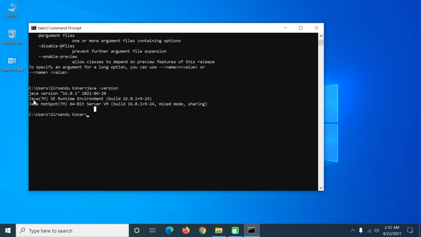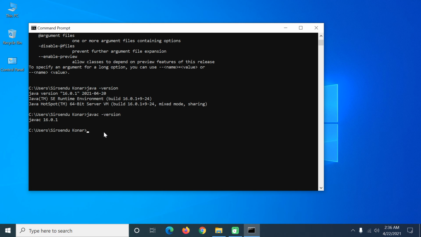Also you can see that with the Java JDK installation, the Java Runtime Environment, which is JRE, is automatically installed with the same version, so you don't need to install Java JRE separately. Now I am going to check the javac version, so I type javac -version and enter. It will give you the javac version, which is the same as the Java version. javac is a command line tool by which you can compile Java files, so it might be necessary if you do some development activities.